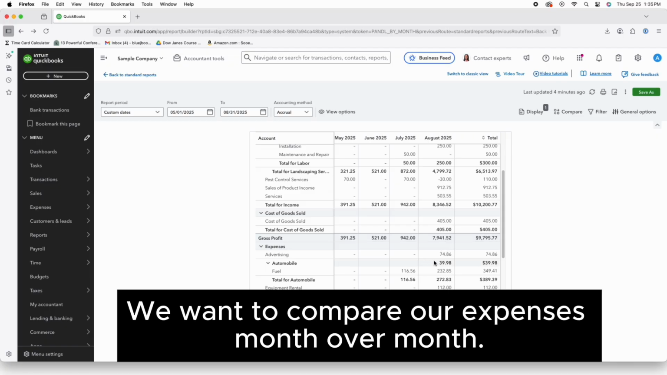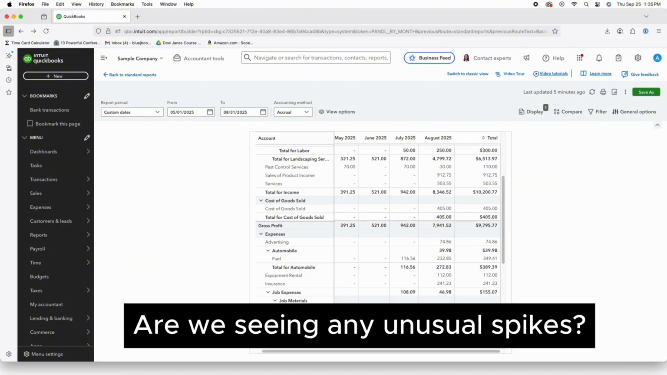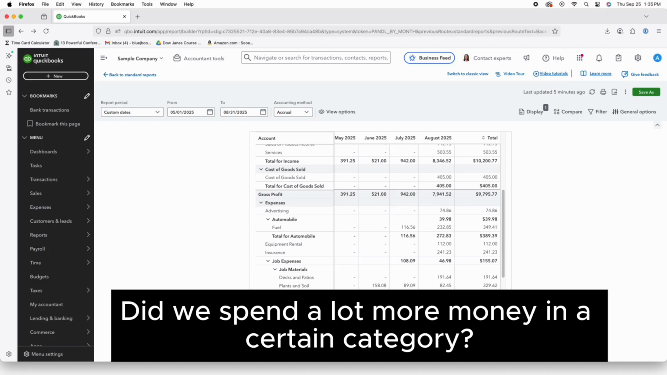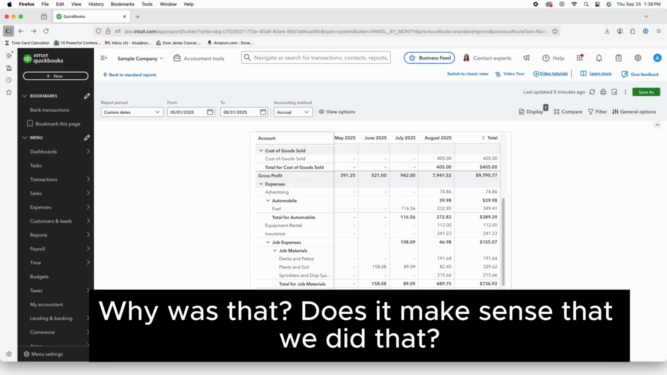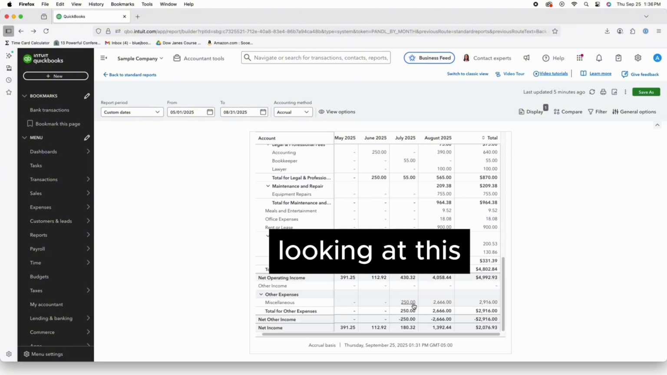We want to compare our expenses month over month. Are we seeing any unusual spikes? Did we spend a lot more money in a certain category? Why was that? Does it make sense that we did that? And then we want to make sure that we are looking at this